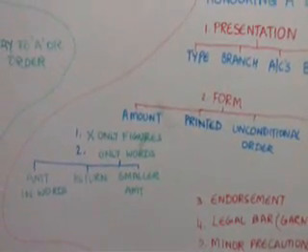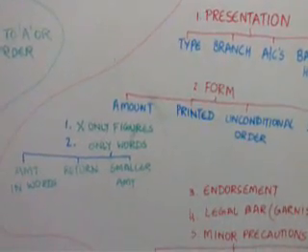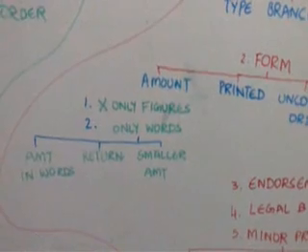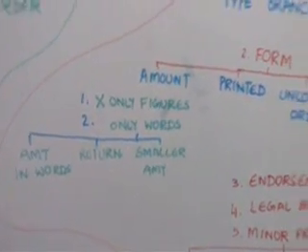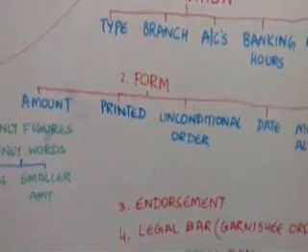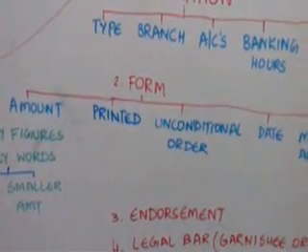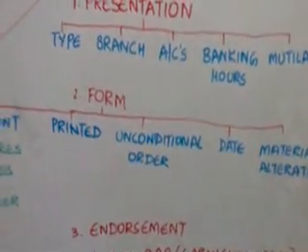If it is written only in figures, then the banker reserves the right to dishonor it. If it is written only in words, then the banker has 3 options. He can honor the amount in words, he can return the check, or he can honor the smaller amount. Next is printed checks. Sometimes the check is printed. Now if the banker faces a printed check, then he has to check the authenticity of the print or the person who delivers the check.